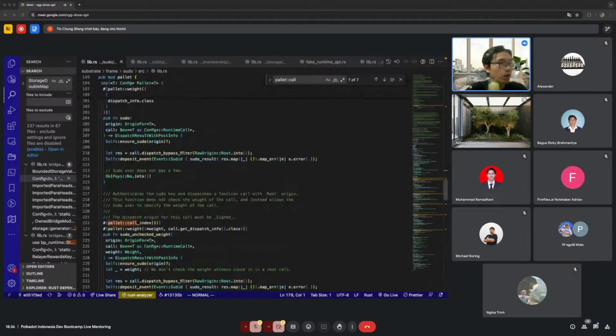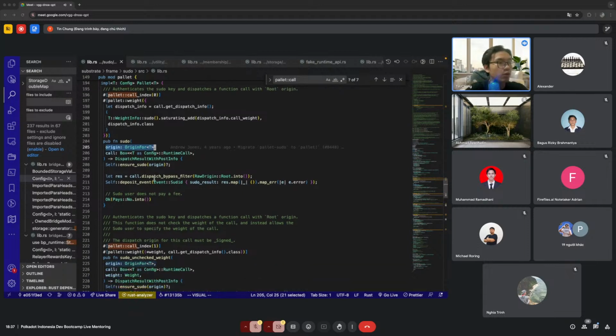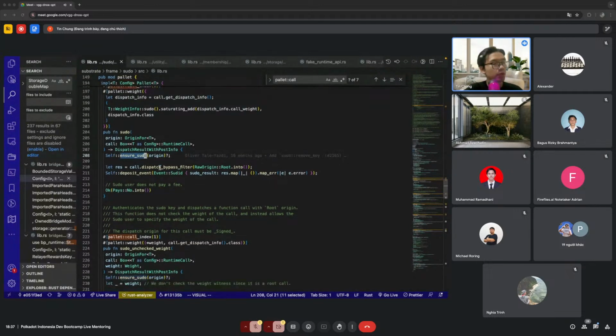So when you look at the method sudo, this pallet sudo accepts the origin, but this origin is going to call the method sudo. That means the origin must be the super user. So it's not only about the account, but can be more than that, depending on the constraint that you apply to the origin. Here we check if the origin is the sudo, then we allow them to call this method. And as you can see right here, after calling the sudo, it's going to deposit the event Sudid. Basically a super user did something, and it's going to emit this event.